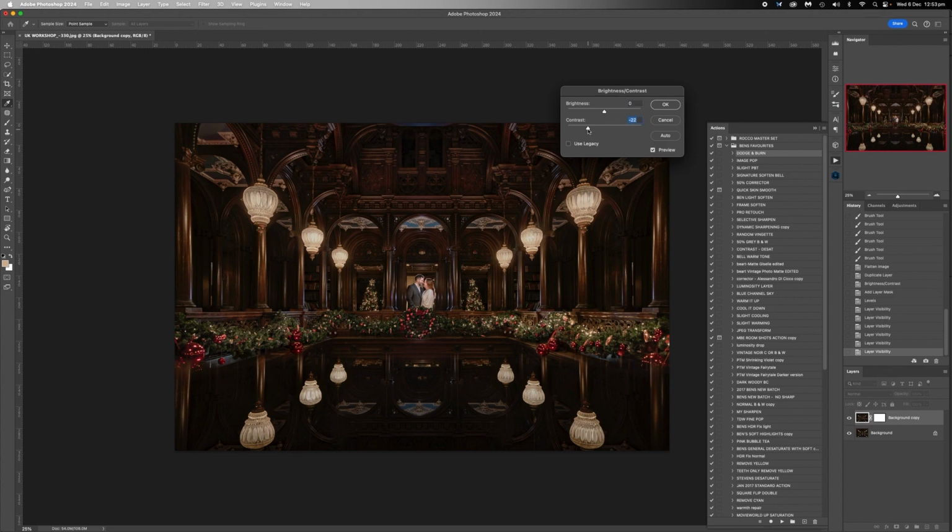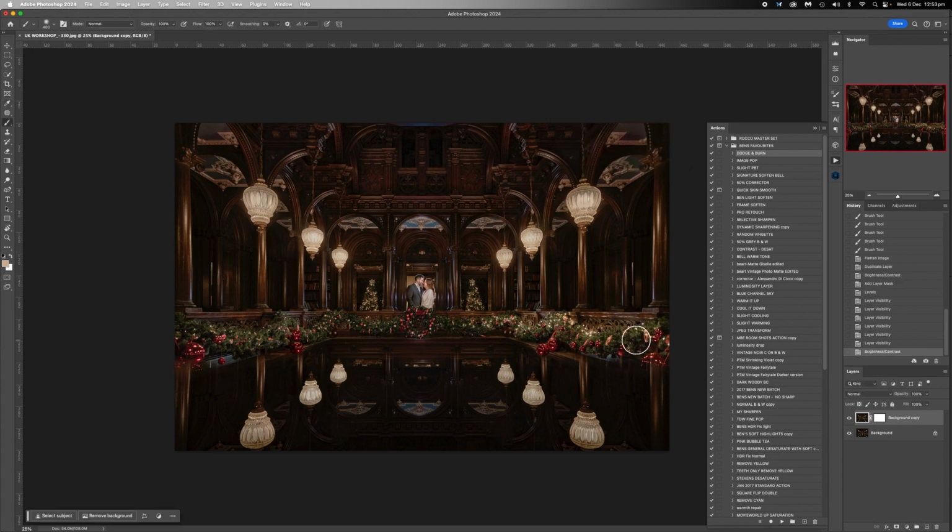So we can see yet more. There we go. Cool. So now we've got what you'd probably call a flatter looking image, because you can see all the detail up here, but your couple are flat and everything else is flat. That's because we've taken so much contrast out, but because I've got a layer and a layer mask, I'm going to hide the layer mask